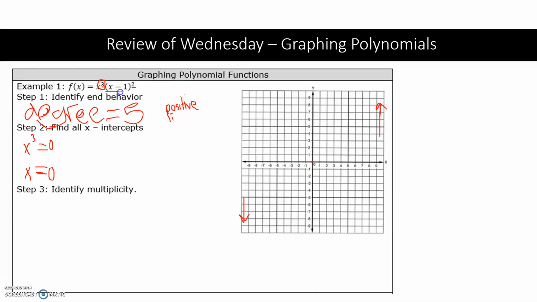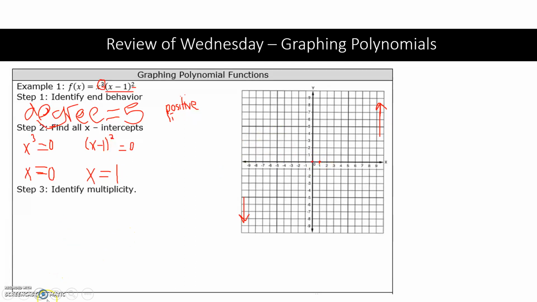And then I'm going to take my next factor, x minus 1 squared, or just x minus 1. And I'm going to set that equal to 0. So that means x is going to equal a positive 1. So I'm going to put a dot